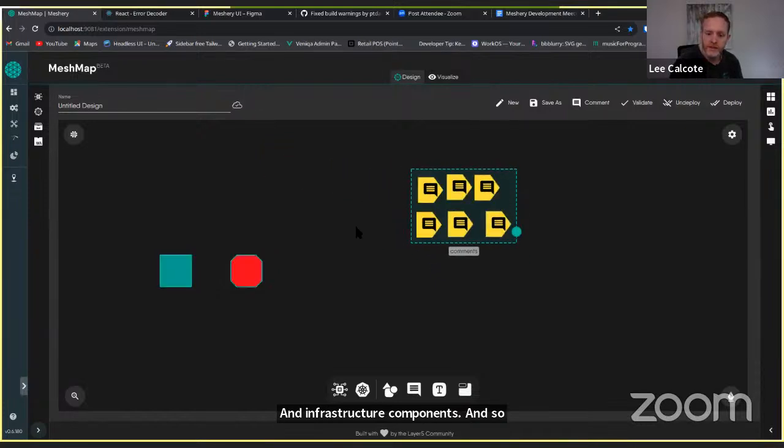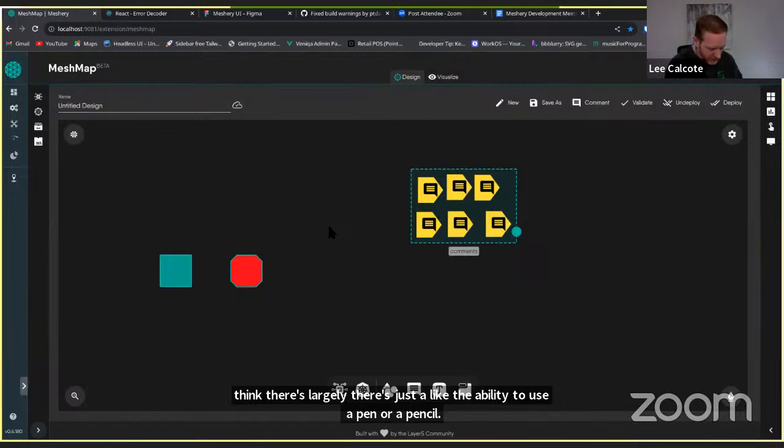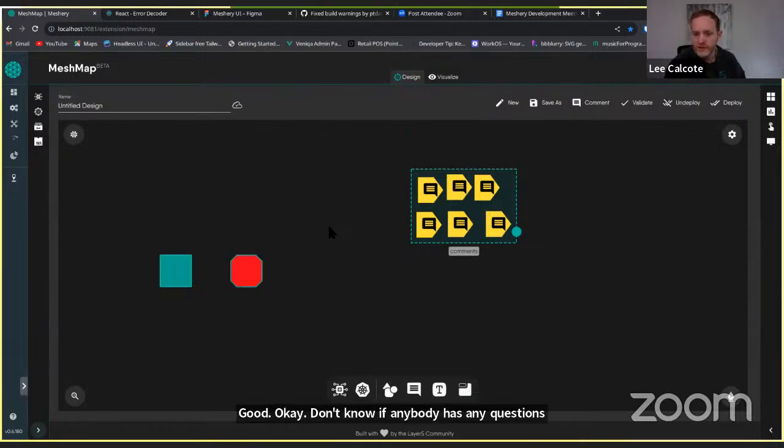And so in a very real way, this is like an Excalidraw or a tldraw or a Miro. Miro has a lot of functionality in there. We wouldn't want to, but just in terms of the ability to diagram visually, I think there's just the ability to use a pen or a pencil. Maybe that's one of the only features that might be missing here. So, good. Okay. I don't know if anybody has any questions or other comments about this, about comments about comments, but